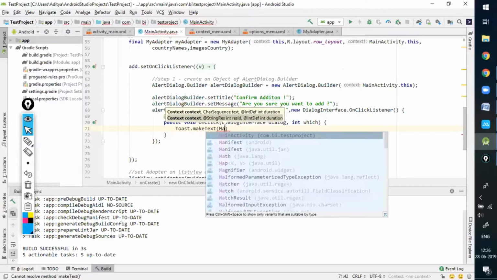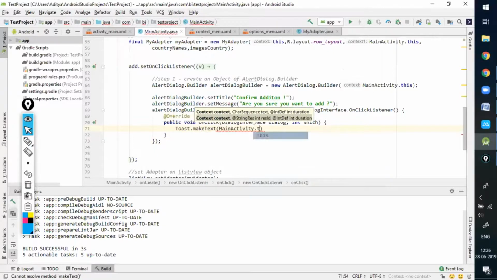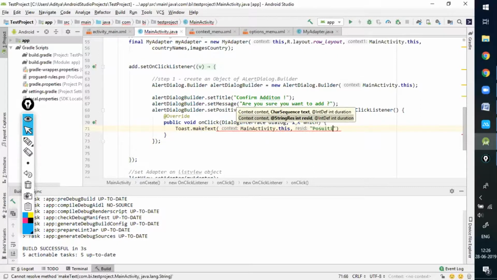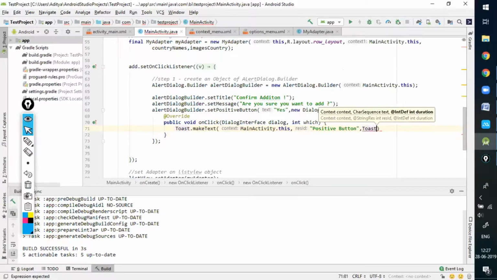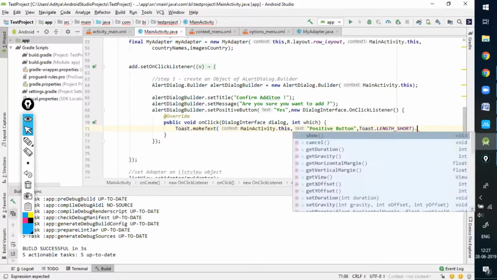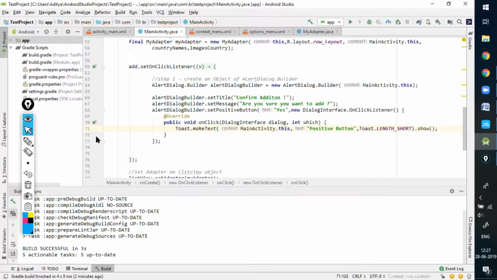Let's add MainActivity dot this, the second argument is positive button. Then the third one is Toast dot LENGTH_SHORT dot show. That's it.